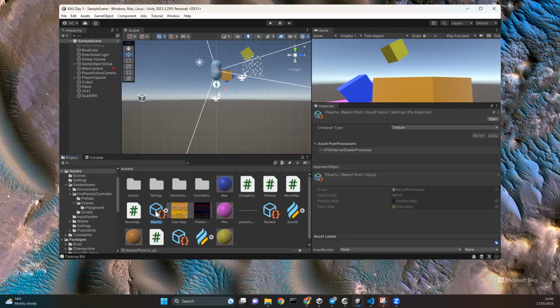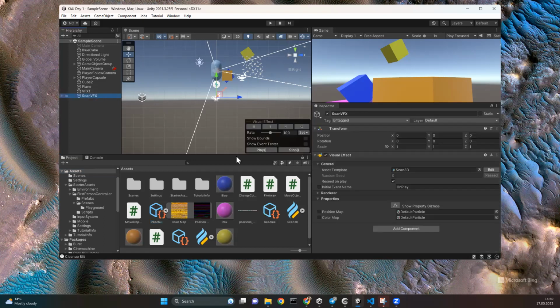And yeah, now click on scan VFX again so that it opens the inspector and drag the color map to color map. Yeah. Drag to position map. Color map, the second one. Yeah. And the position map to the position map. And okay, now save the scene